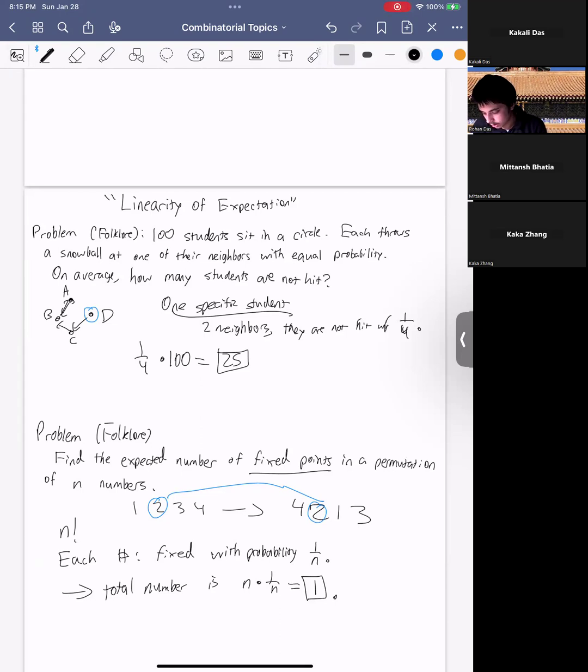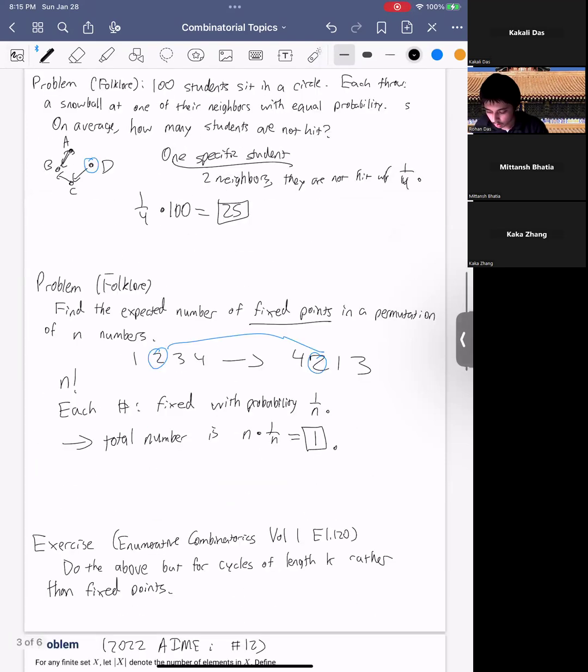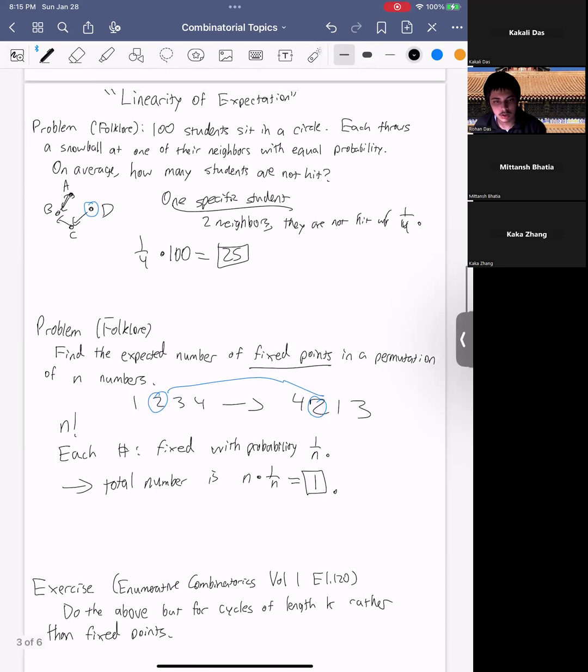But by considering it by linearity of expectation, we can drastically simplify the problem. And this problem actually is fun to think about in a more general case. So here, an example problem is if you instead consider the average number of cycles, which is when you have something like,